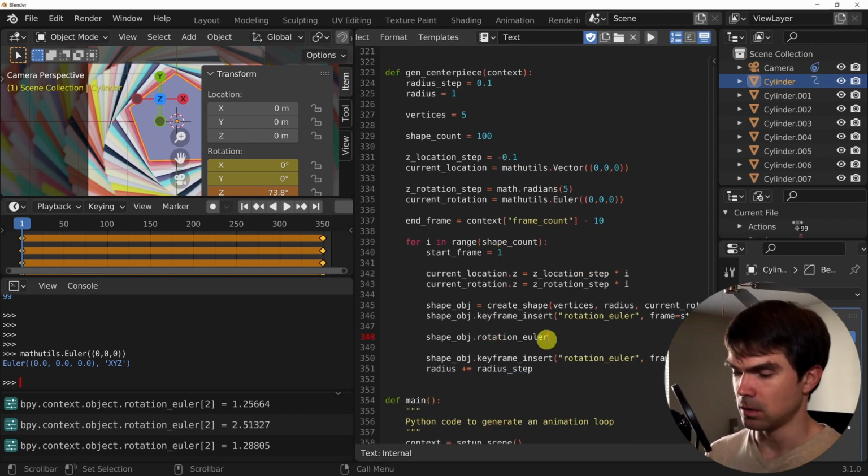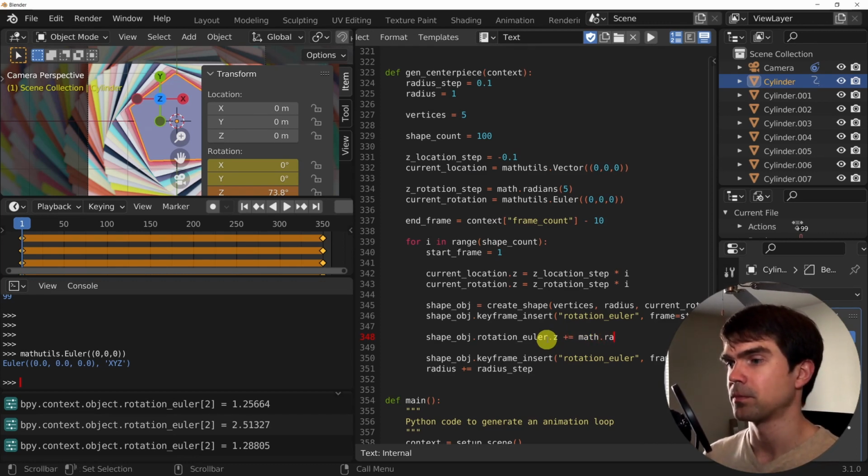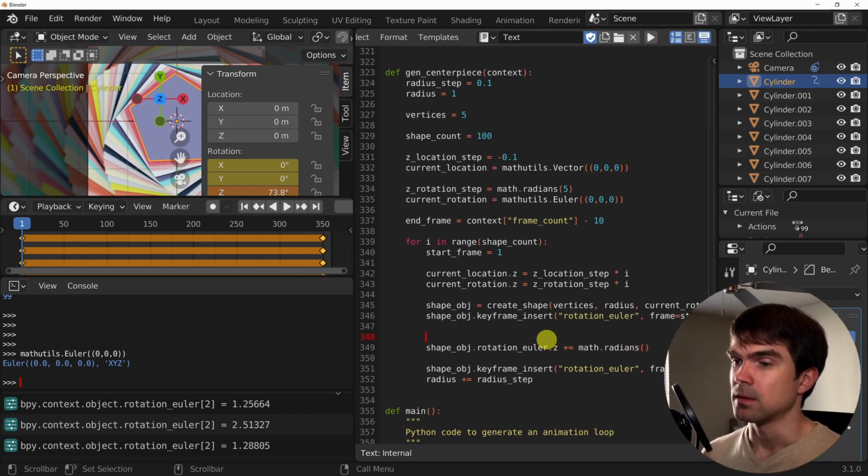So Euler on the Z, and then we're going to add some radians, and the radians are going to be calculated from just one turn. Maybe there's a better name for this variable, but I'm just coming up with one turn for now. So one turn, if you look from the top, right?